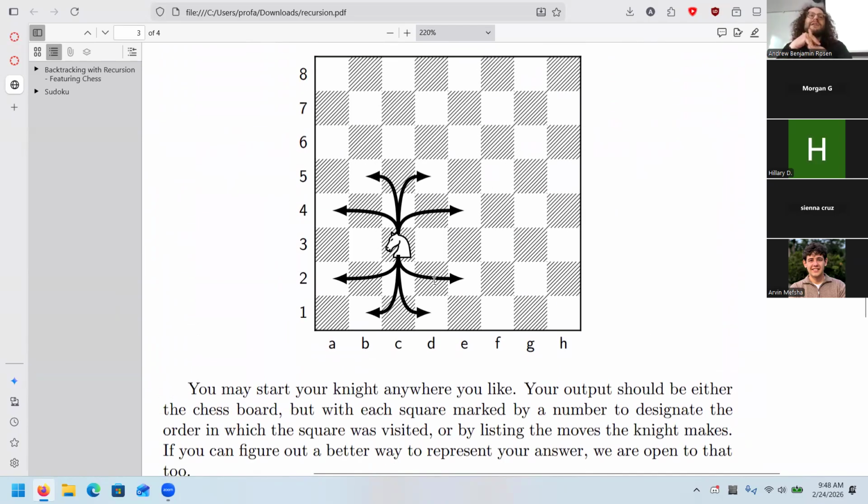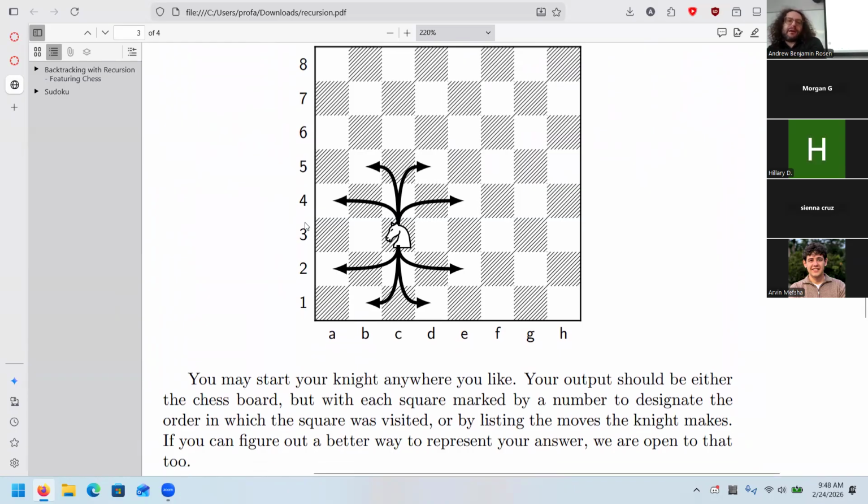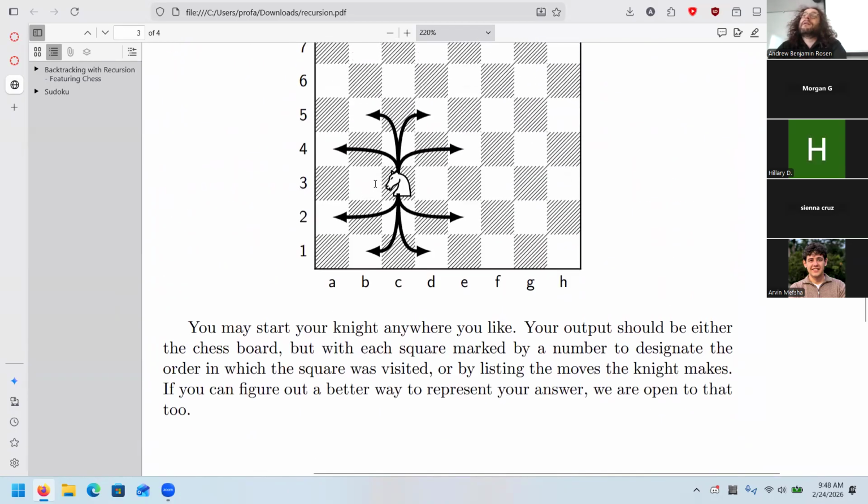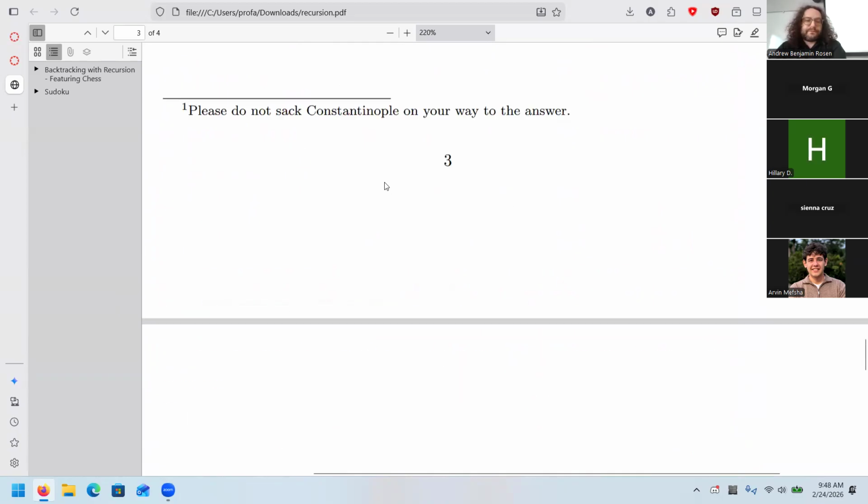And the goal here is you can start your knight anywhere you like on the board, and the goal of the knight is to travel the entire chessboard, visiting each space only once. So a bit more difficult, but mainly because you have to do out of bounds checks.